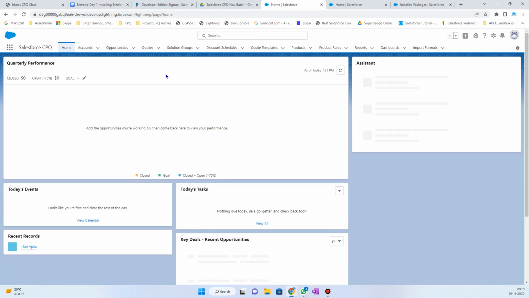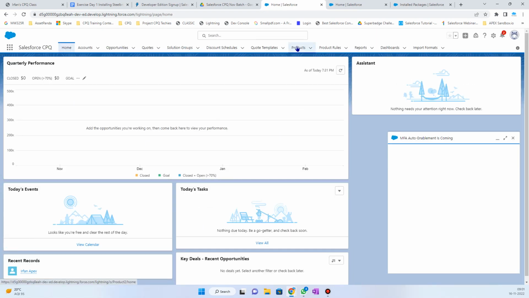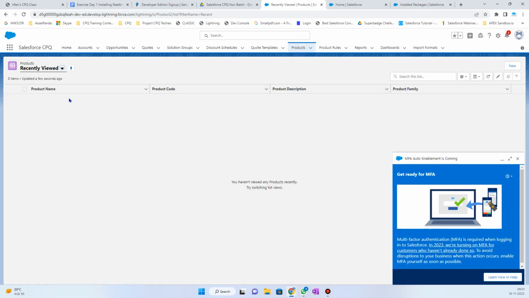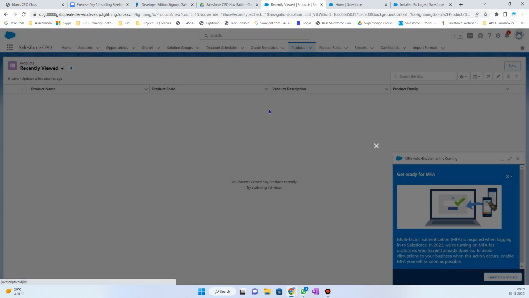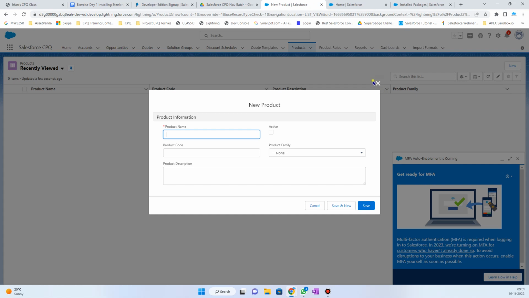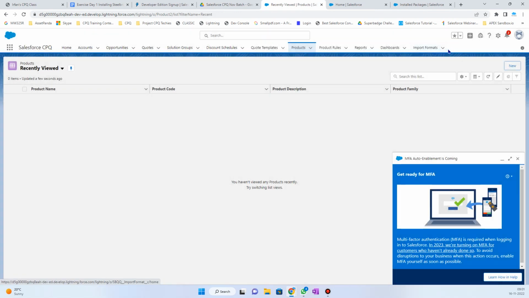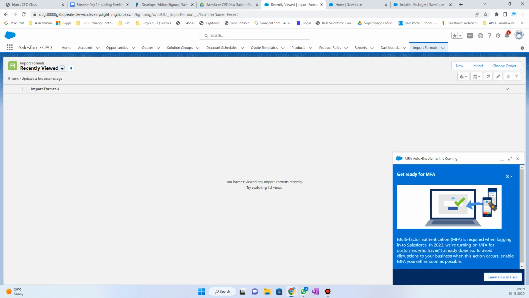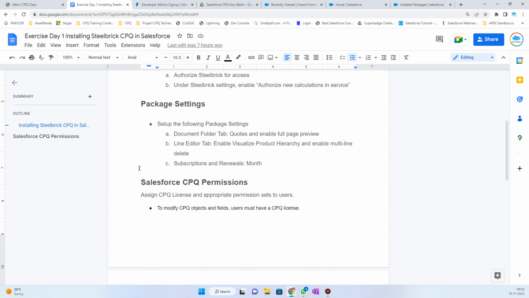Okay, so in the Salesforce CPQ, you can check if I'm able to create the product or any kind of product. You can see there I have all the access for the CPQ objects: the quotes, discount schedules, quote templates, product rules, dashboards, right? So all the access right now I have. So this is the thing that we need to do